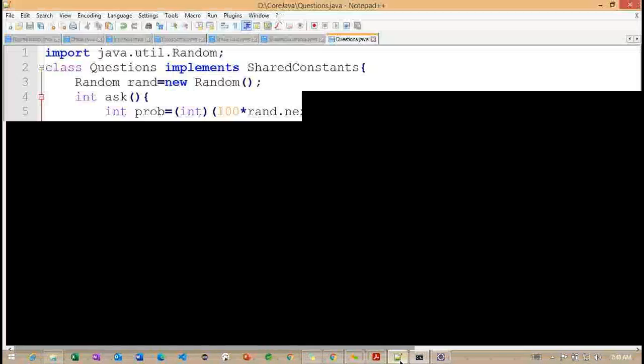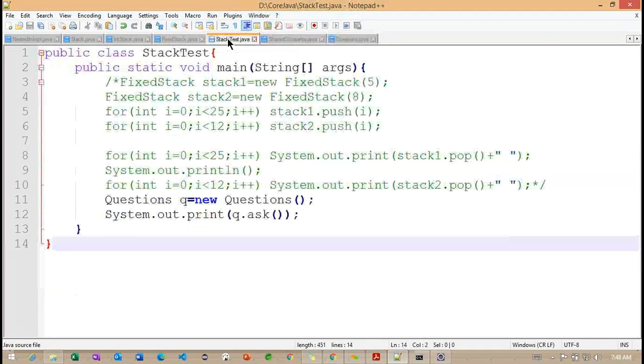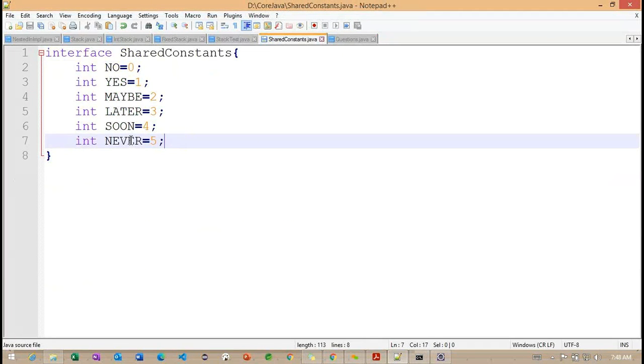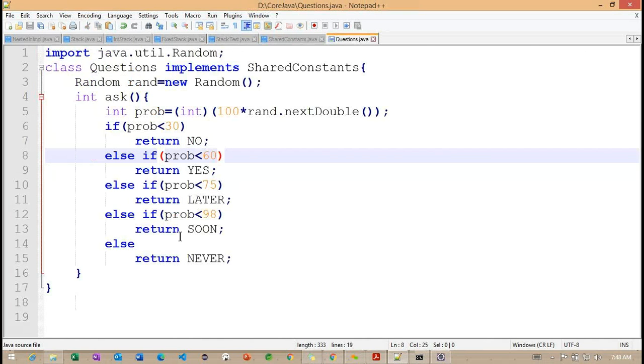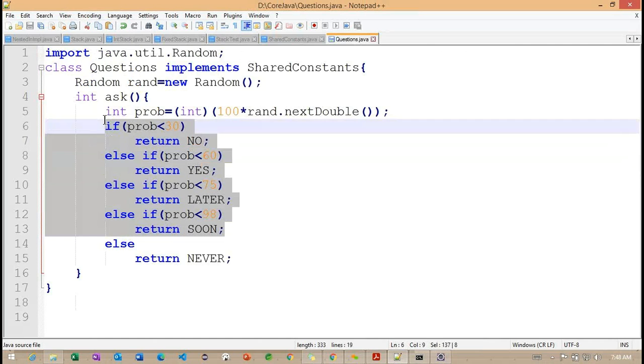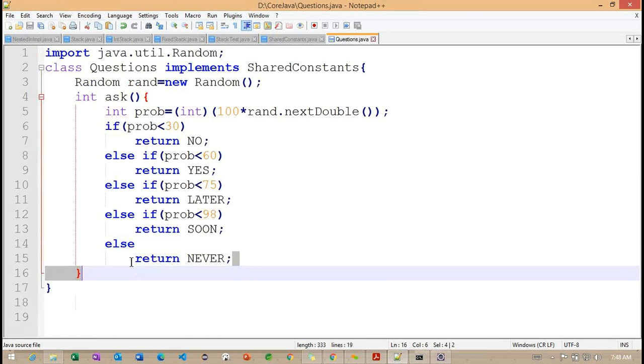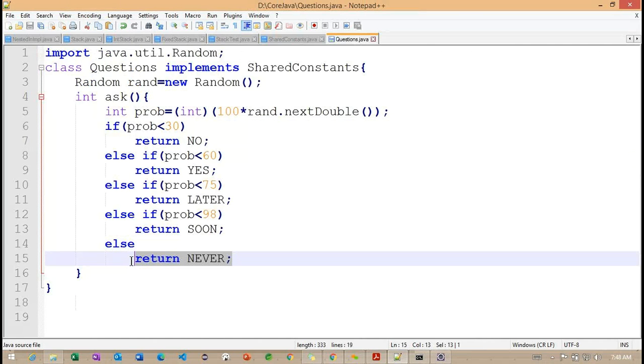So why are we having 5 here? We need to understand that for this particular 5 here, never. So never is nothing but these conditions are not satisfied here, so it's moving into the else section.